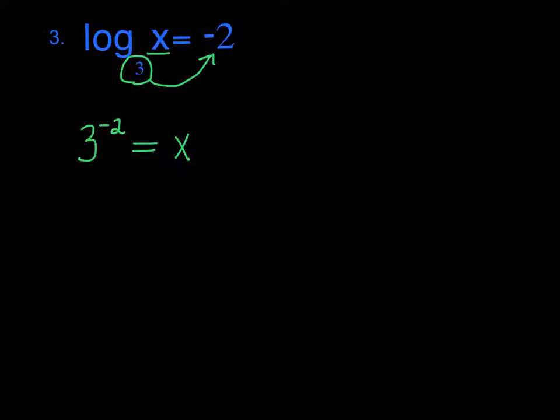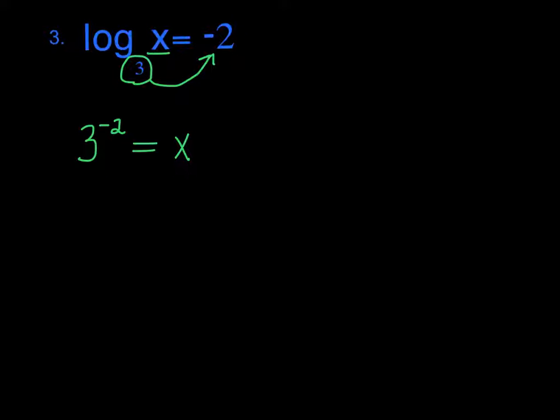Okay, so now at this point all we have to do is solve. X is already by itself, so we just have to figure out what 3 to the -2 is. Well, we could cheat and put it in our calculator and then hit math fraction. Or if you recall, I'm going to be a little more mathematical here, 3 to the -2, remember when we